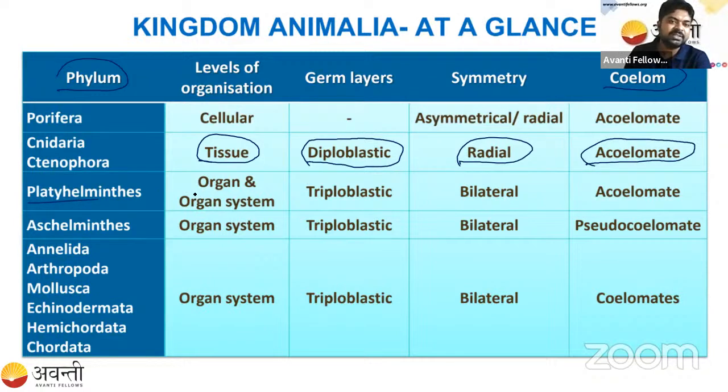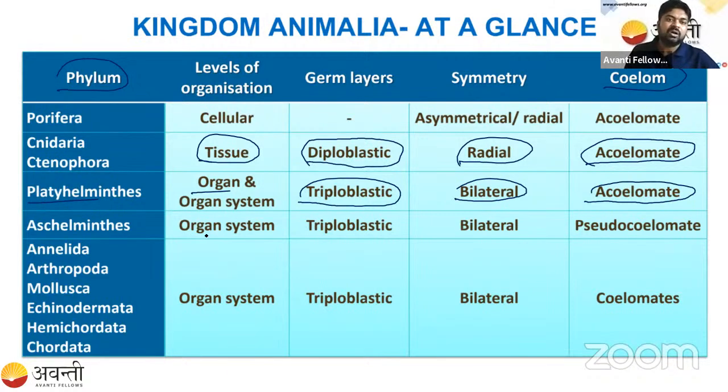Next is the Platyhelminthes, the level of organization is the organ or organ system. Next one, germ layers are triploblastic. Next one, symmetry is bilateral, and coelom is acoelomate. Okay? Likewise,